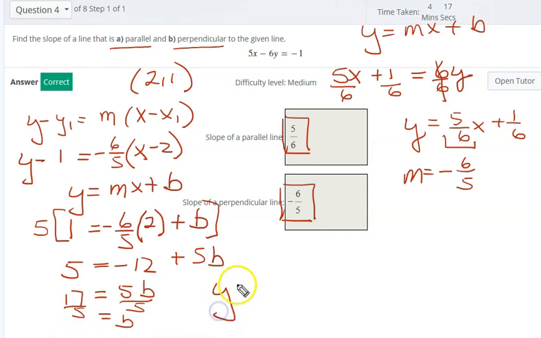So our equation is y equals, now we know our slope is a negative 6/5 x, and our new b value is a positive 17/5. Okay, we don't want to make this too long, but hopefully again some helpful items relating to topic